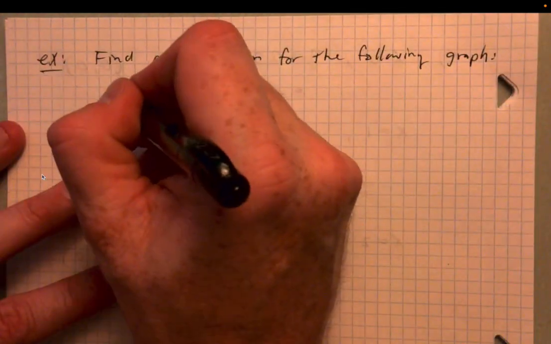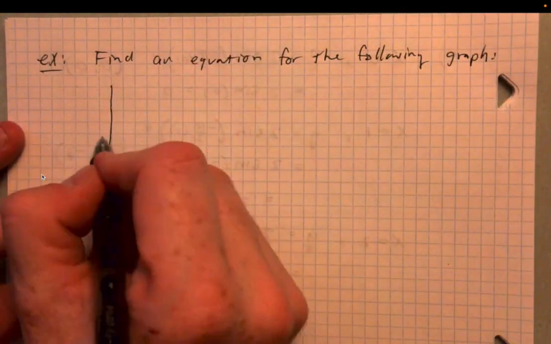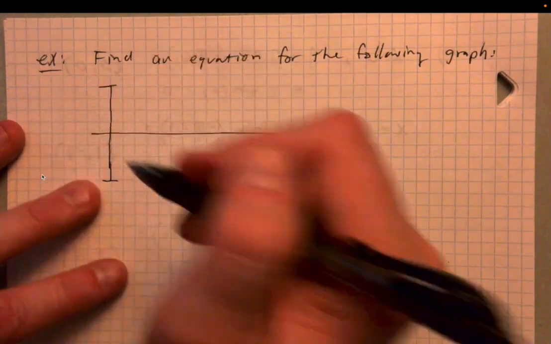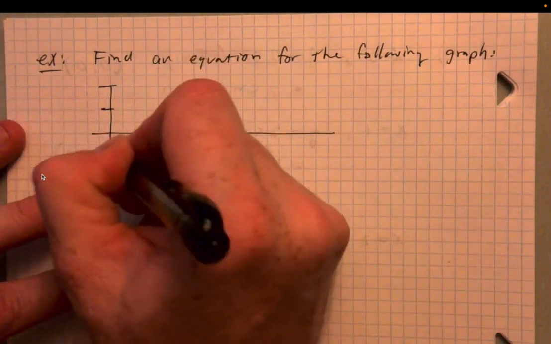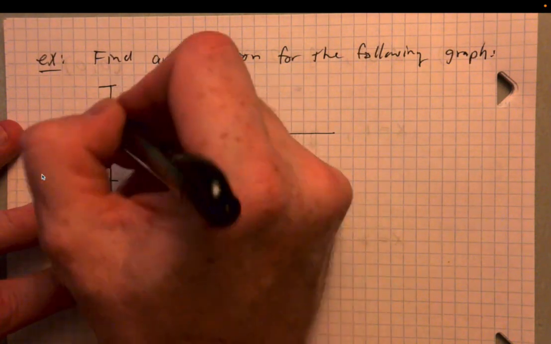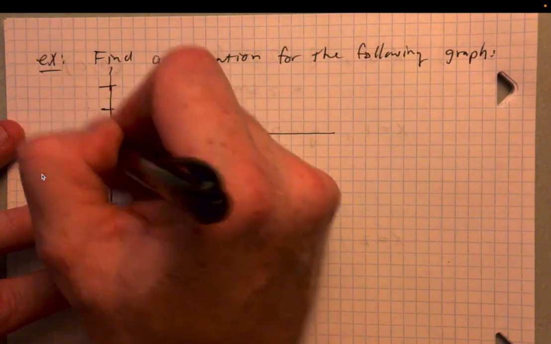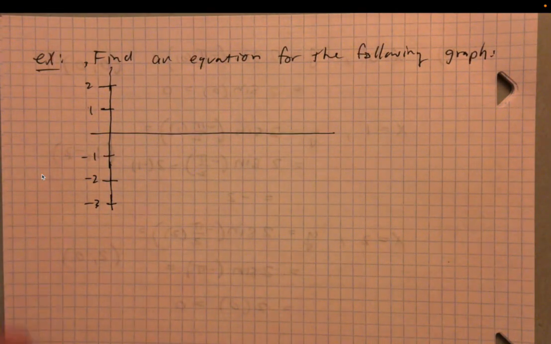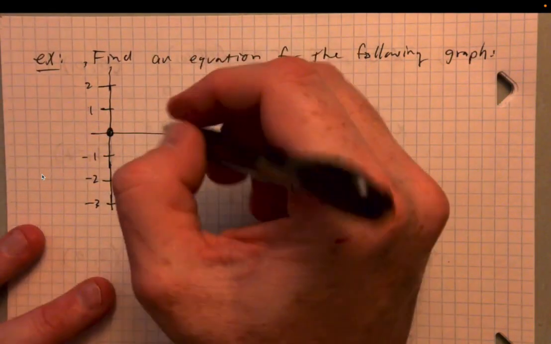Okay, so let's try to get a decent drawing here. Okay, and so this will be 1 and -2, -3, 1, 2, and then 3 will be up there. Okay, so let's say it starts here, and